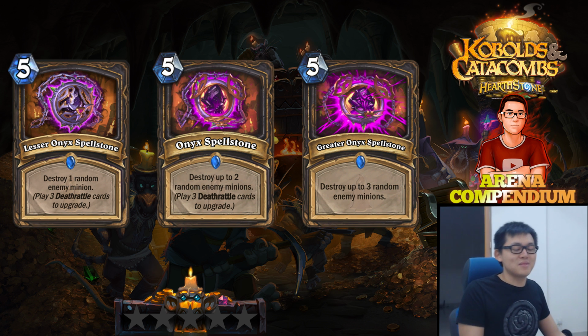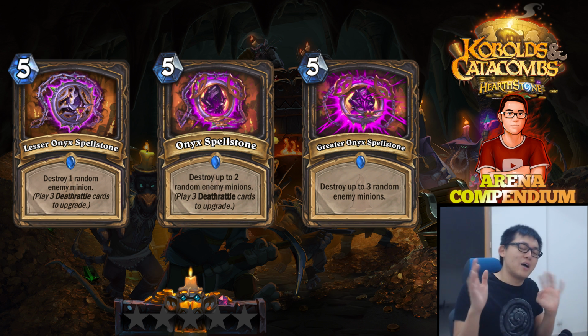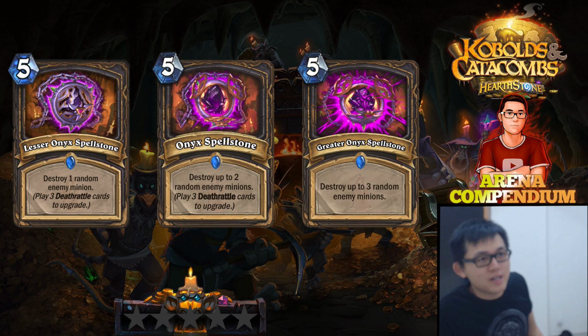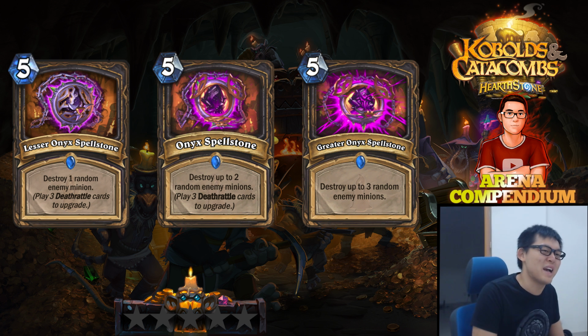Playing Deathrattle cards in Arena is probably not going to happen, so I think this is going to be the first mode most of the time. And 5 mana Deadly Shot is really expensive, right? Fortunately or unfortunately, depending on how you look at it, removal in Arena is premium. Removal in Arena is really, really strong. So even though it's 5 mana Deadly Shot, you might still play this, and you might still be pretty happy